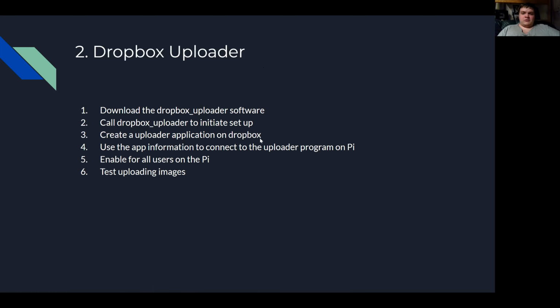You then need to go to Dropbox itself on their site, and they have an option to create applications that you can connect to your account. And you need to create an application with a unique name. For me it was something along the lines of motion camera detector uploader. And then once you've created the app, it'll give you some information, such as in particular